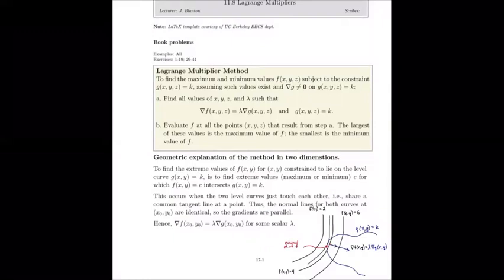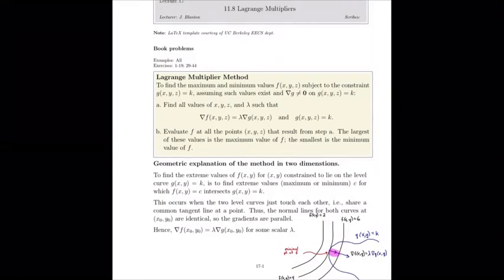Okay, so that's why this must be the case. That's the geometric interpretation of that situation. Now, if this is the case, if the curve G is tangent to the level curve of F at this point, then we have that these two gradient vectors are parallel